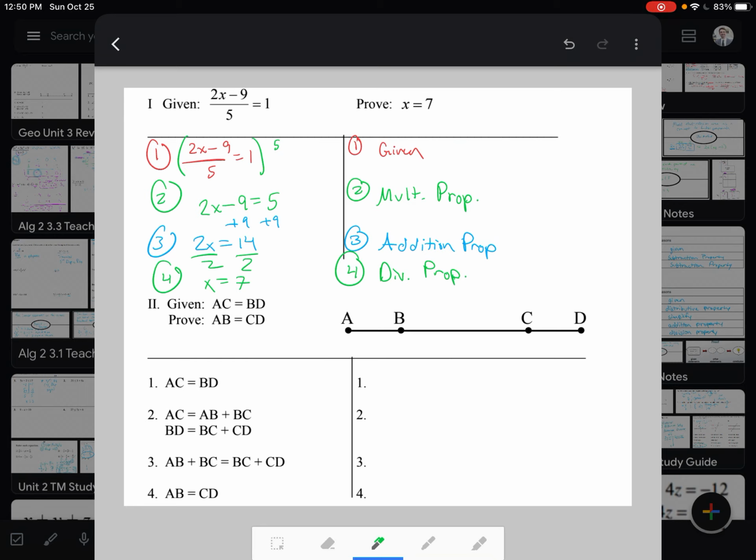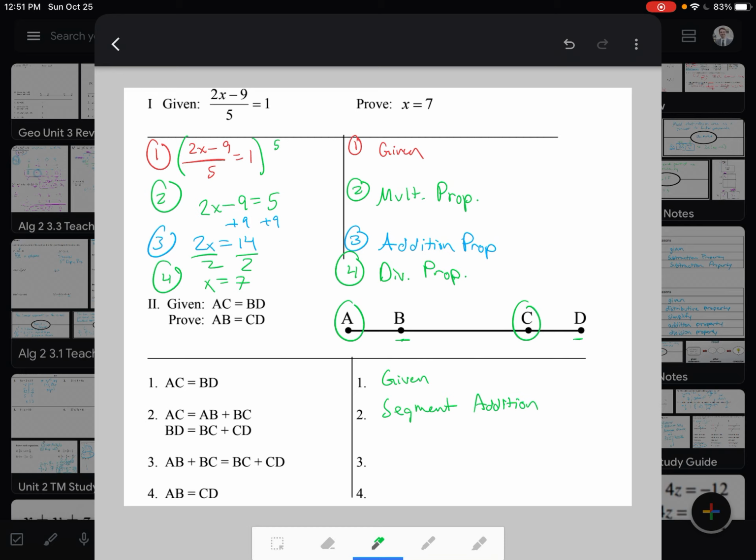All right, a little bit more challenging, going to our geometric proofs now. So starting off with our given statement, AC equals BD. Again, they give that to us in the question. So from A to C is equal to from B to D. Next, AC equals AB plus BC, BD equals BC plus CD. That looks like we're just splitting up these lines into that part plus part equals whole format, so we can use our segment addition